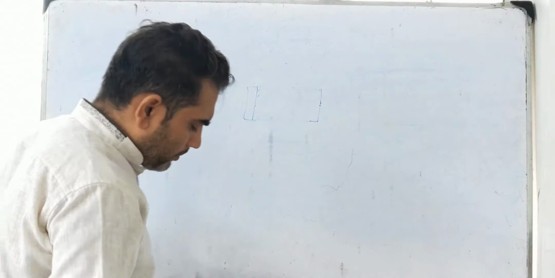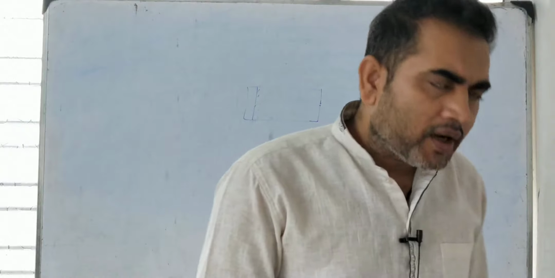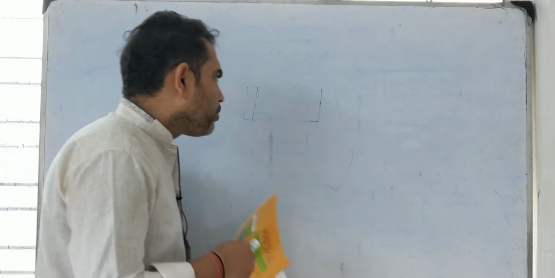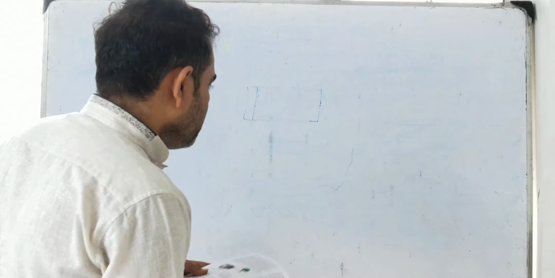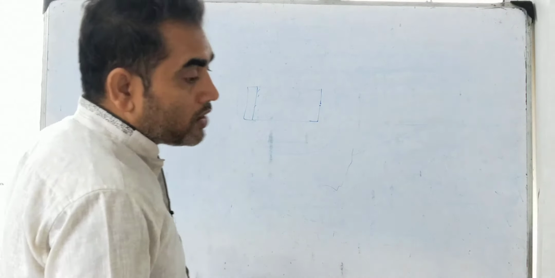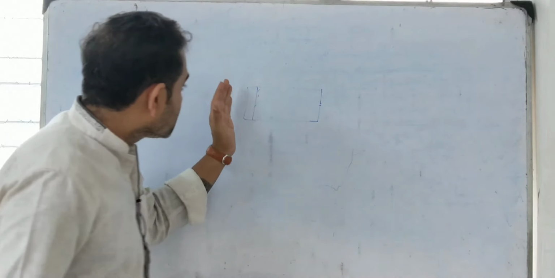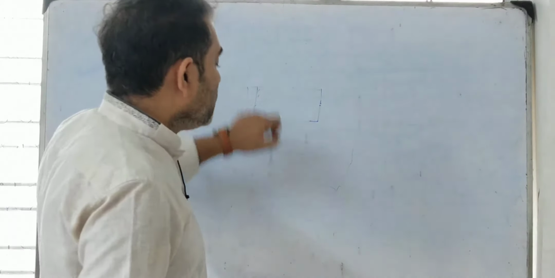So we have the pinhole camera. What is a pinhole camera? It is a device using which we can take the photograph of a stationary object. How does it work? It works on the rectilinear propagation of light. Whenever we place an object in front of it, it forms a real image. Why a real image? Because the photograph formed is taken on the screen. That's why it is said to be a real image.